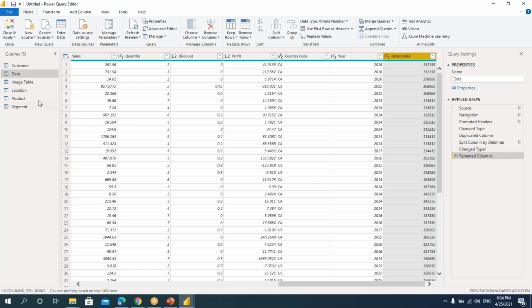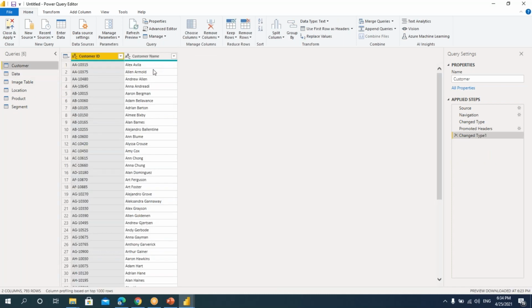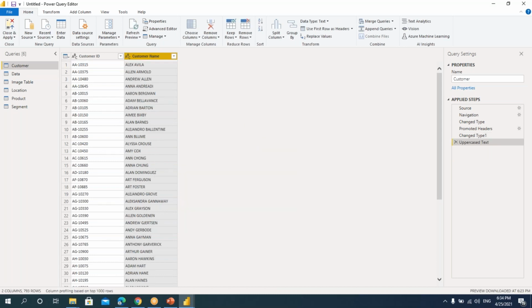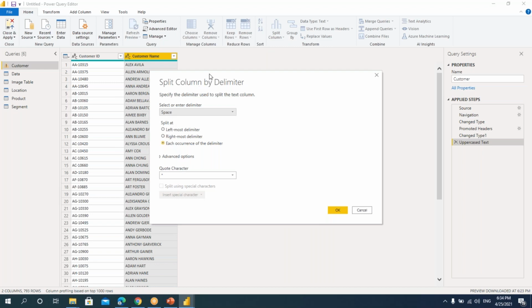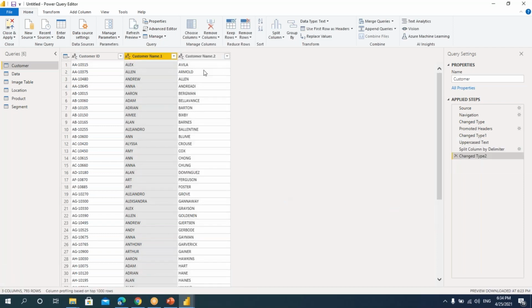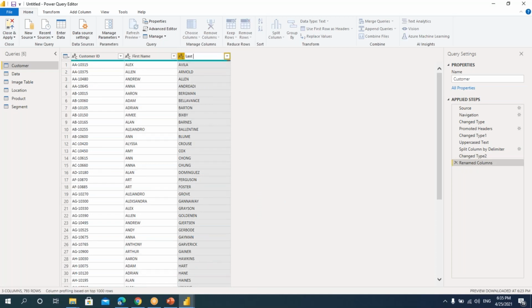Now if you want to transform the data, say I have this customer column and I want to make it caps. I right click, I have this transform, and I can make it uppercase. If you want to split this into first name and last name, again you can go to split and give the delimiter. Delimiter is nothing but the character which will separate. Now I'll say space, and okay. You can see that I'll get 2 columns here. You can name them first name, last name.